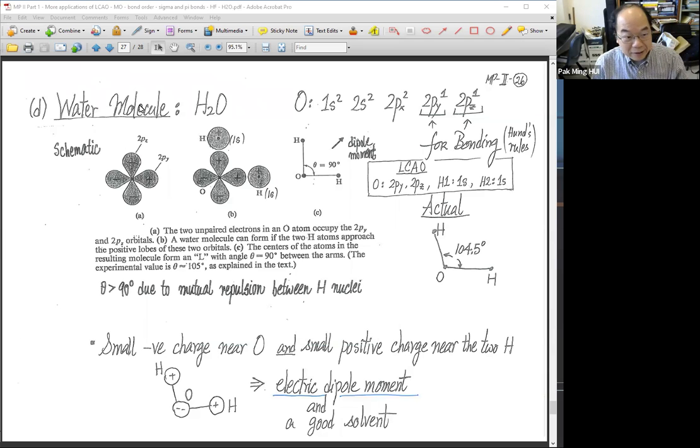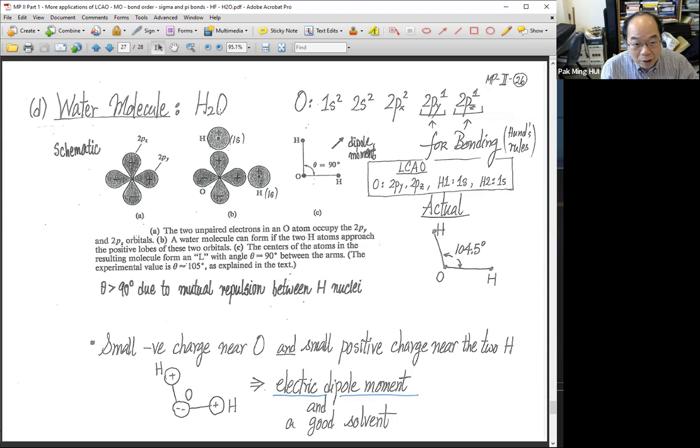The last molecule that I would like to discuss with you is the water molecule. For the obvious reason, every day you need it, okay? And sometimes it becomes the bad guy. Water vapor is one of the so-called greenhouse gases. Climate change or things like that, okay? So let's look at it